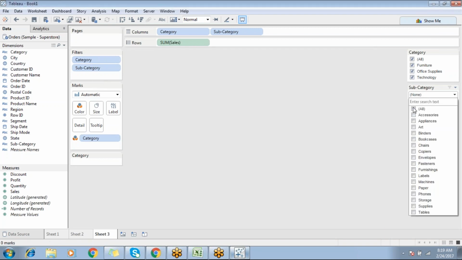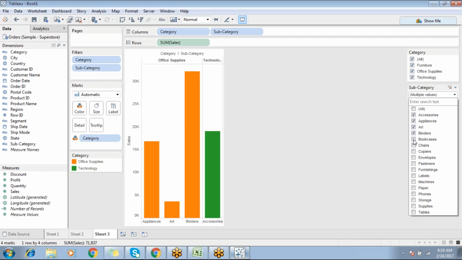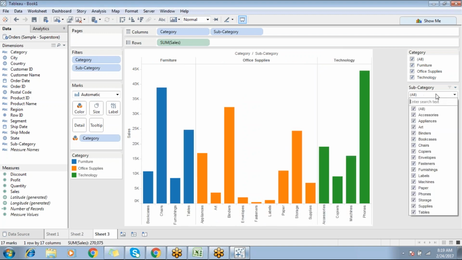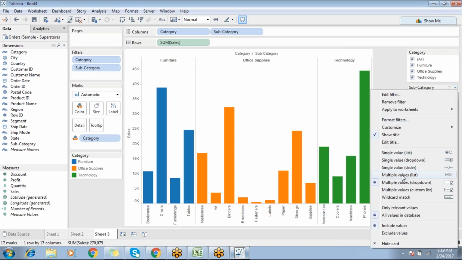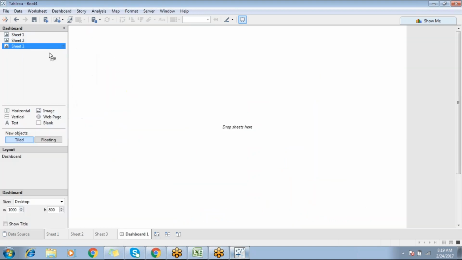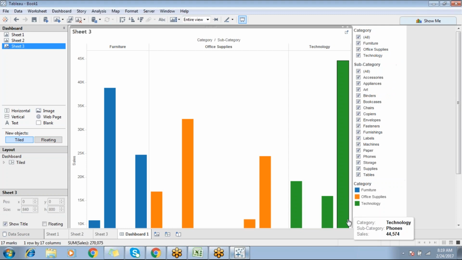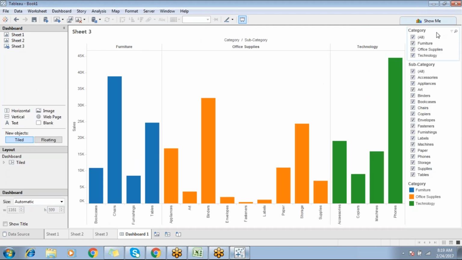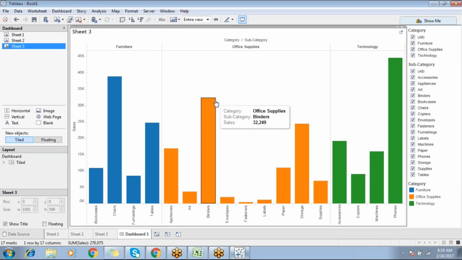So drop down, uncheck all, and select. So this is multi-selection. First point, it helps a lot. In general, we have the multiple values list, and it occupies this much space. Generally for reporting tools, if you are going to create any dashboard and drag and drop this particular sheet, in most cases we don't want to waste space in the dashboard editor. So try to limit the space for some of the things. We are using this much space for the filters, and this is only for a single view or single sheet. If you are going to drag and drop multiple sheets,